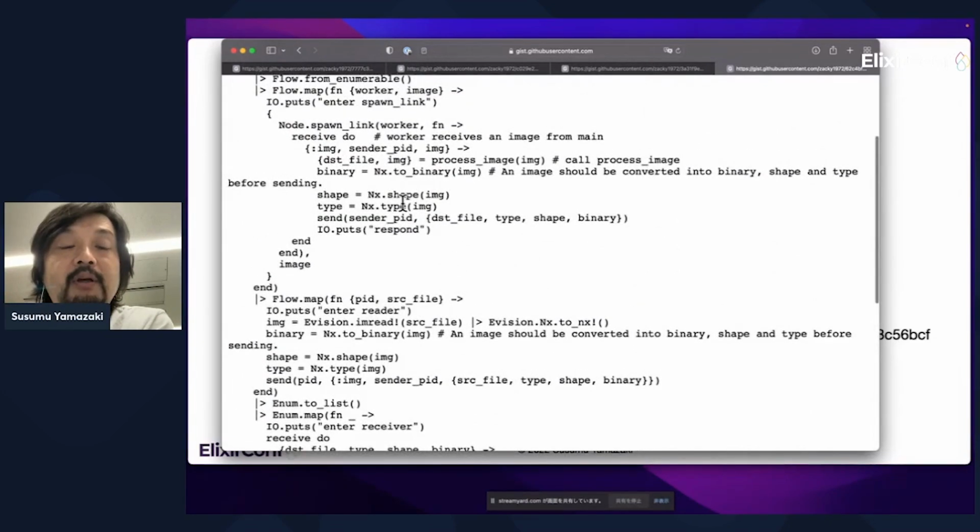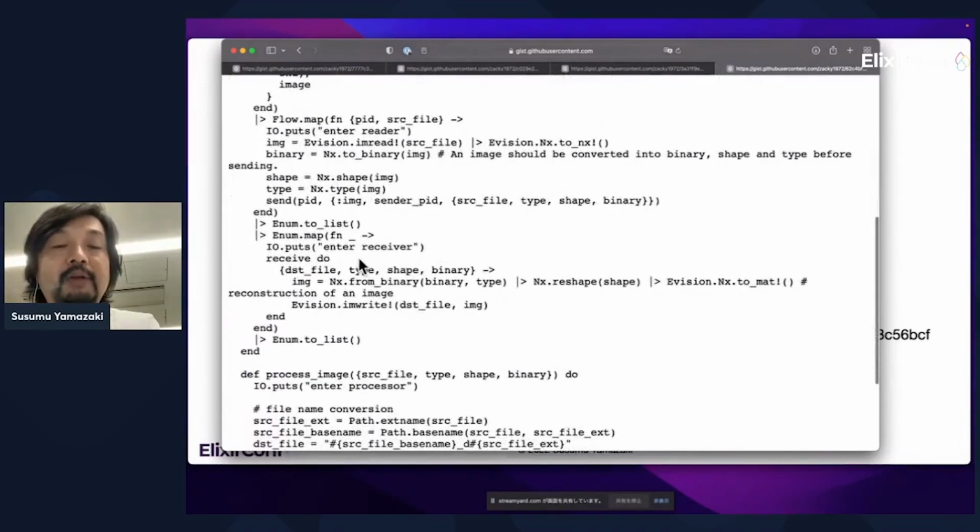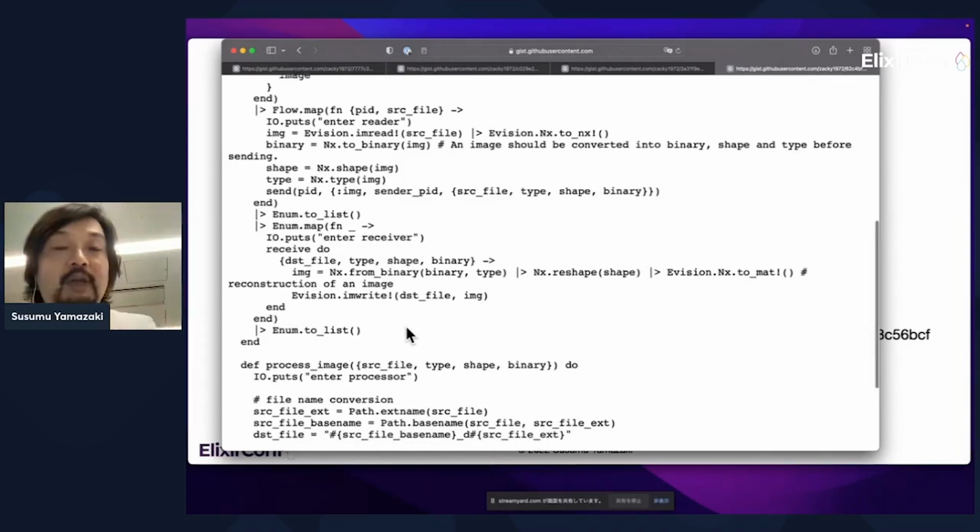And an image should be converted into binary shape and type, sent to the sender, and the sender receives the file, the image file, and reconstructs an image and writes it. Okay.